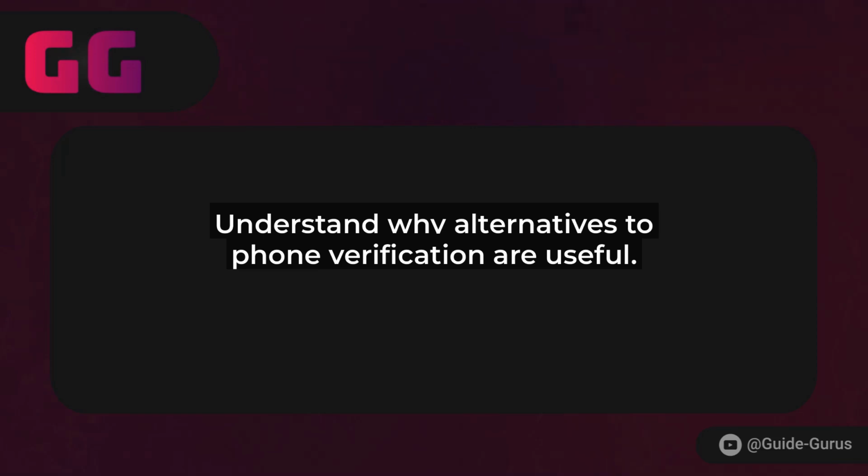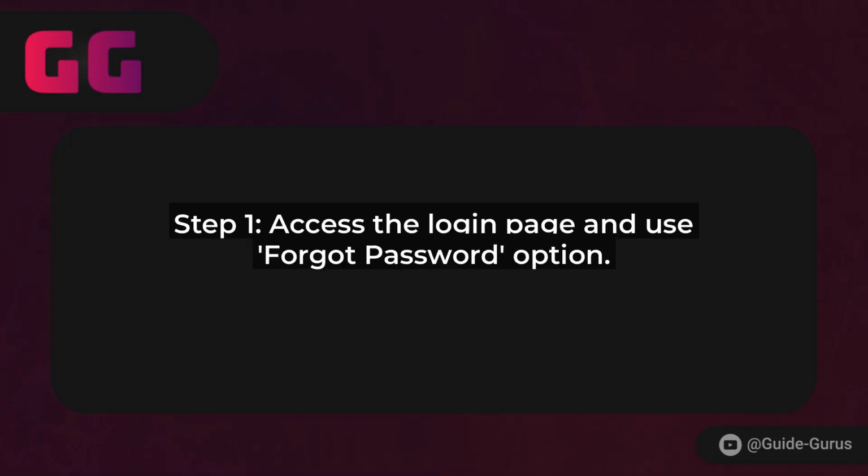First things first, why might you need to do this? In 2025, Venmo prioritizes user privacy and flexibility, allowing alternatives to phone verification due to new regulations. The key is to use your email or other linked accounts. Start by opening the Venmo app or heading to the website on your computer. If you're already logged in on another device, that's your best bet. Just open the app there and verify it's you.